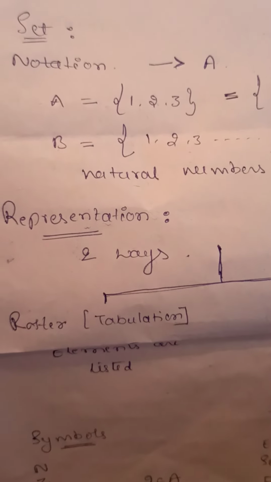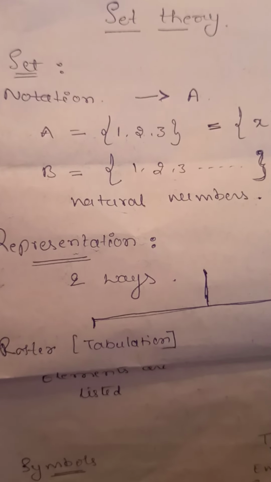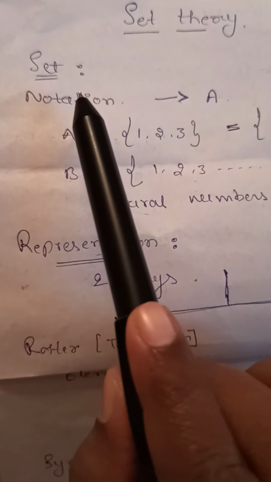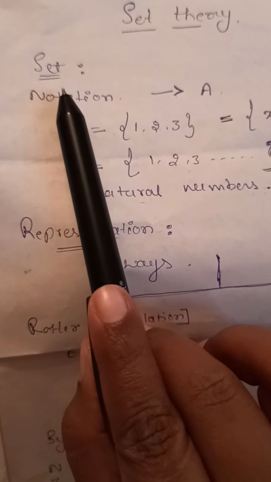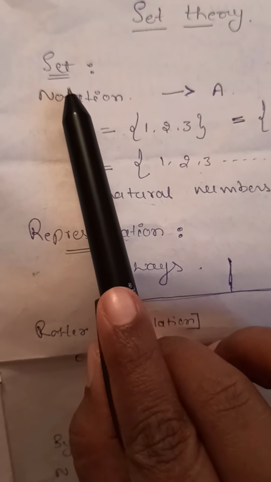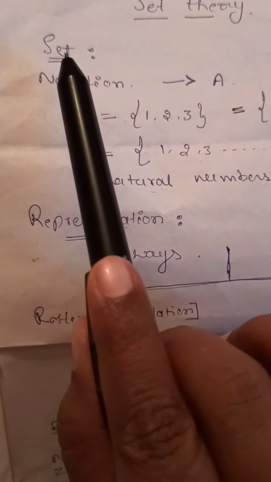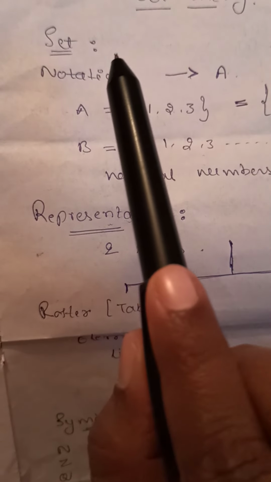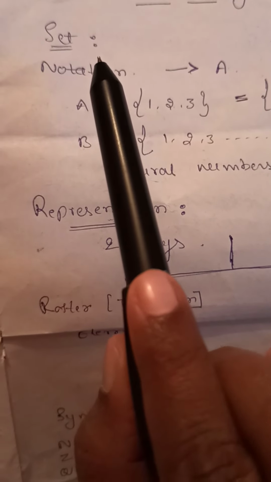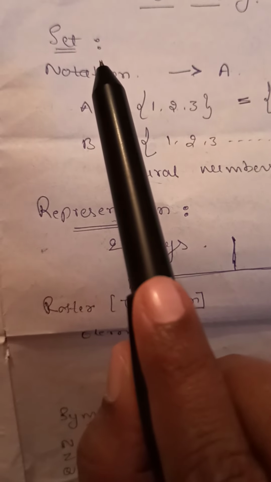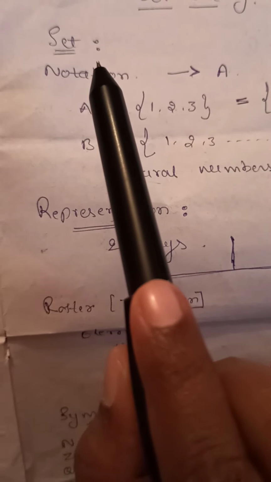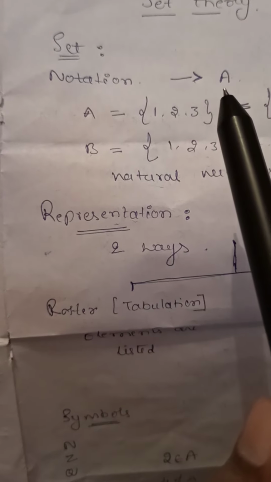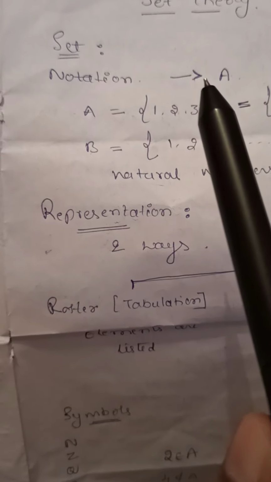Okay, so in my first lecture, I will discuss some basic concepts of set theory. First, let me give you the definition of set. I think you are all familiar with the definition of set. Let me repeat again. Set is a collection of well-defined objects. What do you mean by well-defined? Well-defined means given an object, it must be possible to predict whether the object belongs to the set or not. Right? Usually the sets are represented by capital letters and elements of the set are represented by small letters.